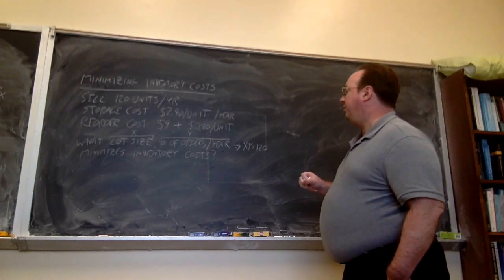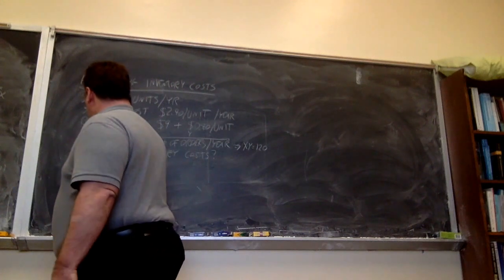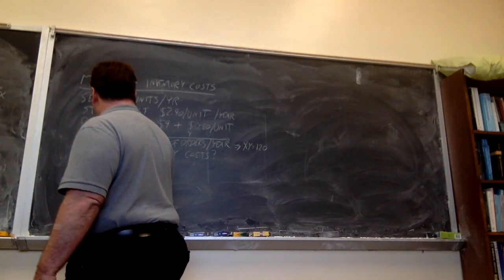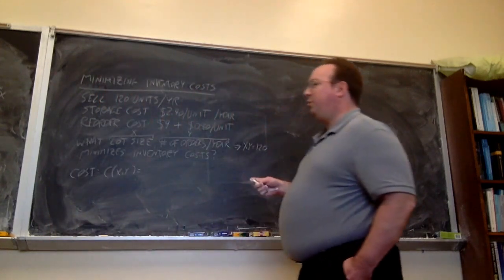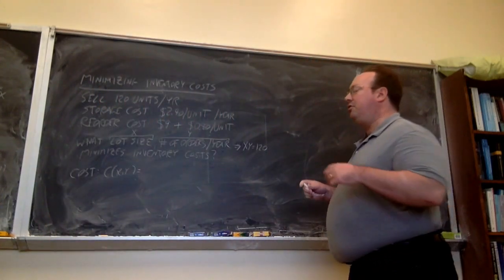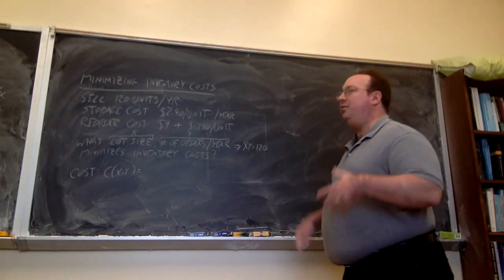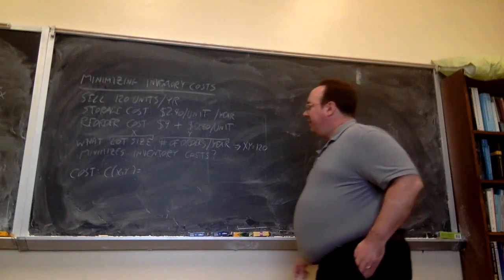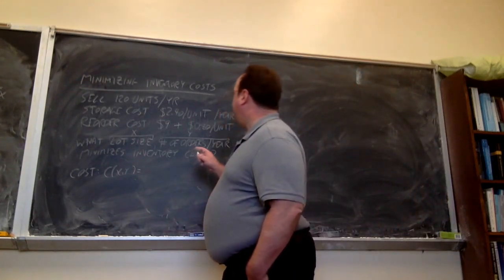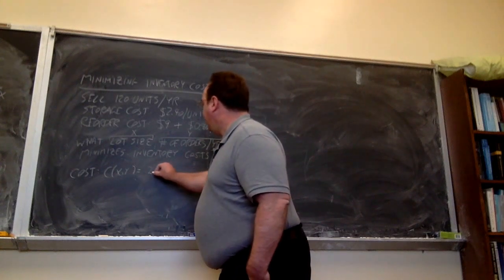But we want to be able to express the total inventory cost in terms of these 2 variables. Now we're accustomed to working with functions of 1 variable, but it's easier to come up with a function in terms of both variables, and then we'll use this to eliminate one of the variables and use calculus techniques from there. Okay, so first for the storage cost, it's going to be $2.40